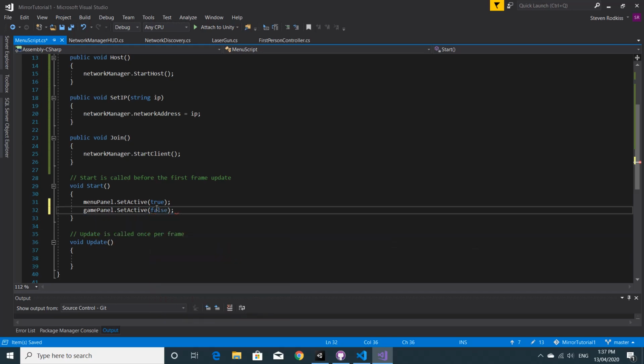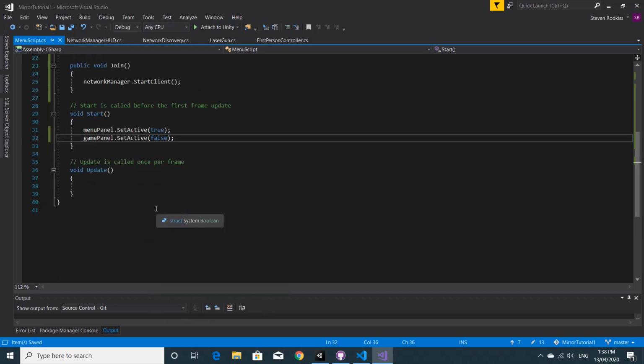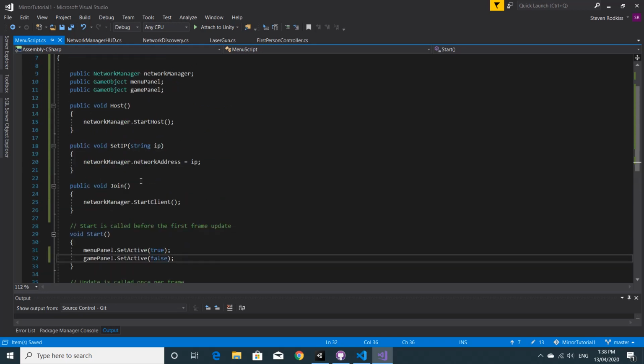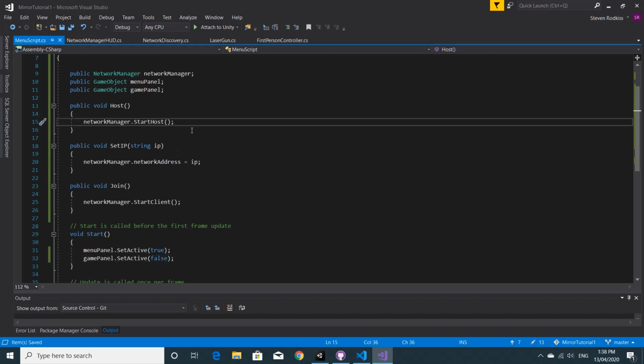False. And then basically when we connect, when we join or host a game, we should swap this around. So I'm just going to copy paste this because it's easier. Control C to copy,